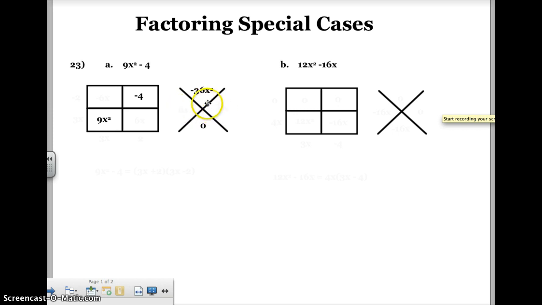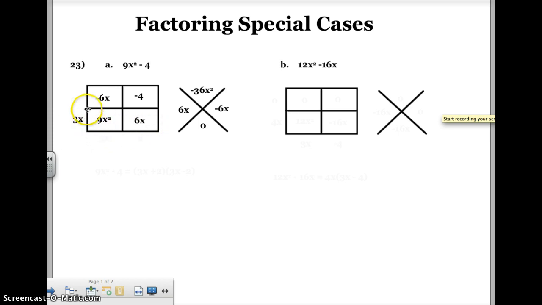Now 36 is a perfect square, so I know that 6x times -6x, if I multiply those together, I get -36x squared. But if I add 6x and -6x, I get 0. So these are the numbers I have to put into these rectangles, 6x and -6x. Now if I look at my bottom row, I have 6x here and 9x squared there. 6 and 9 have a common factor of 3. X squared and x have a common factor of x. So I'm going to put a 3x outside this box right there,